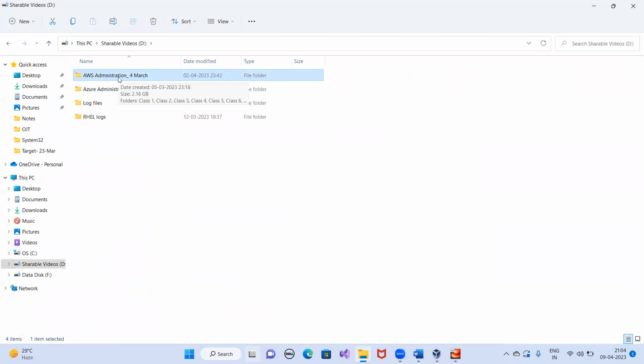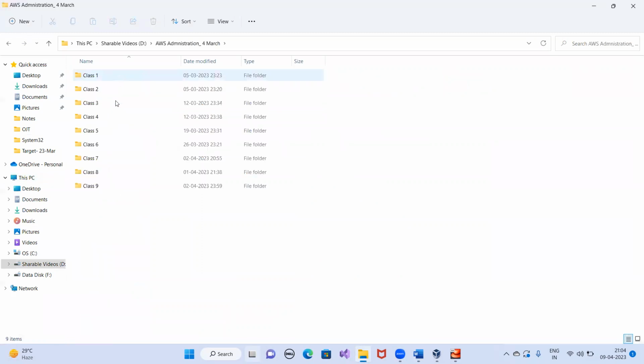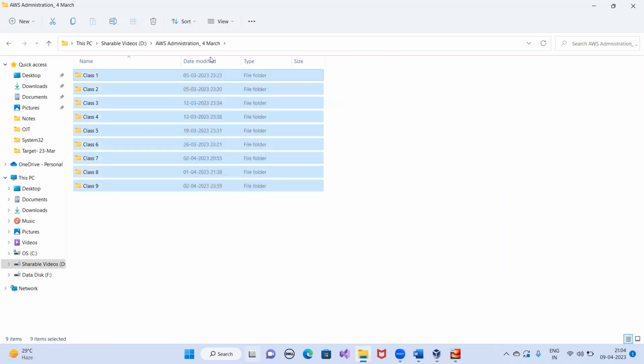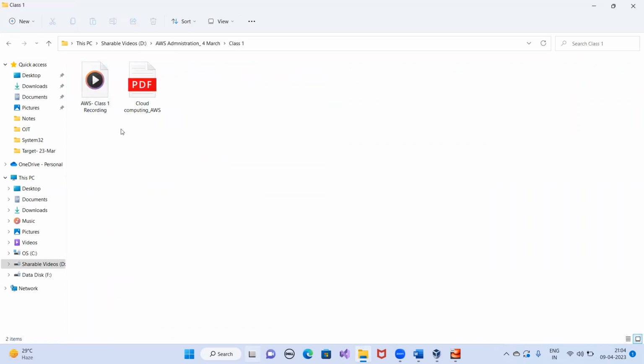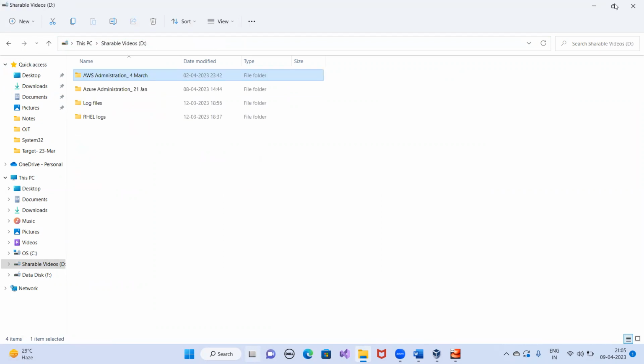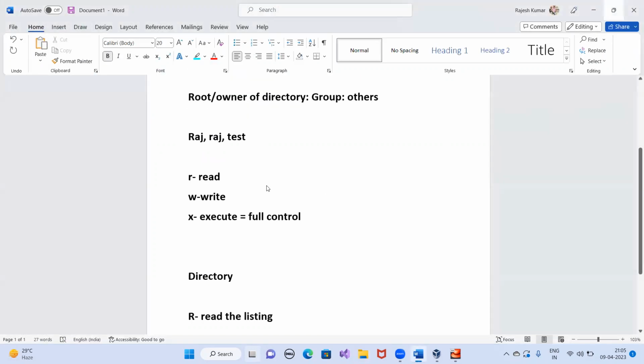If I have the read permission, then I can enter inside this and I can list contents. I can also go inside and see what is there inside that. So I can read the subdirectory, I can read the parent directory. You can simply say in Linux, I can do ll. ll means long listing. I can check what is there.